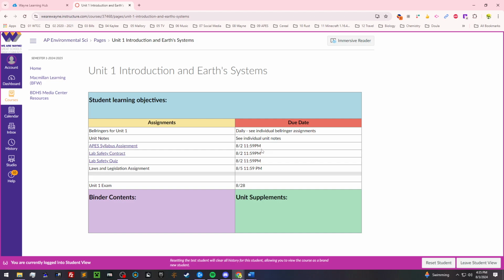I will say in class everything's due by midnight. However, it does not allow us to set a midnight due date. It does make us set an 11:59 due date. So keep that in mind as you're turning things in. Down here will be some more information that I will include